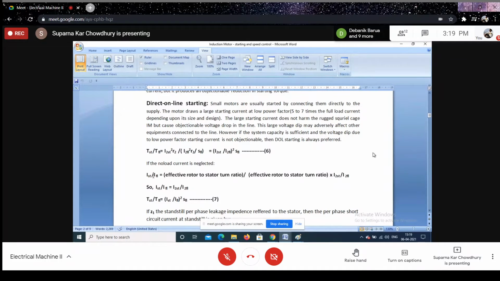This I starting by I full load is the stator current, and this was the rotor current. So in both cases, if we multiply by the effective turns ratio, approximately this can be taken as I starting by I full load is equal to I2 starting by I2 full load. This obviously we are neglecting the